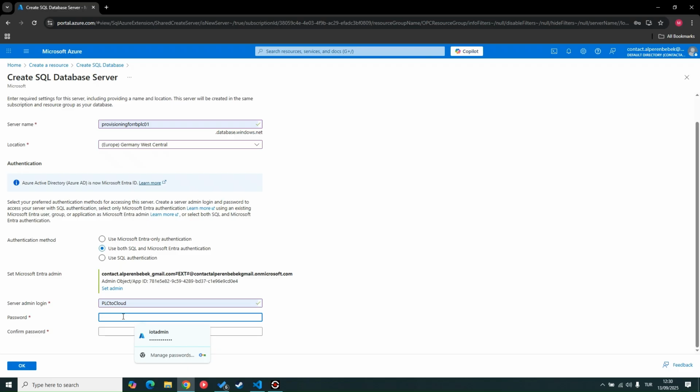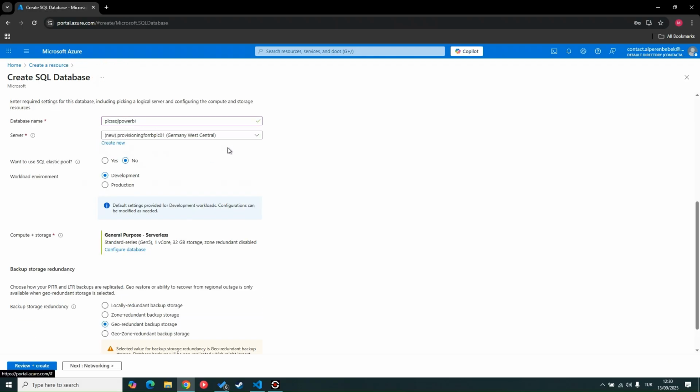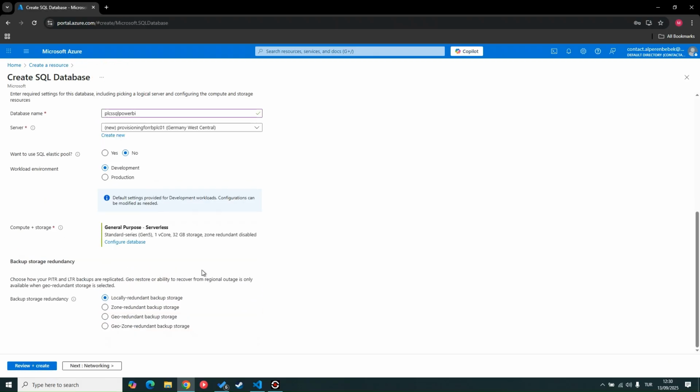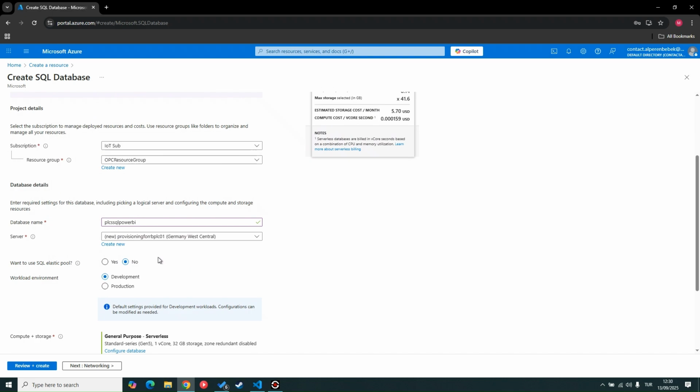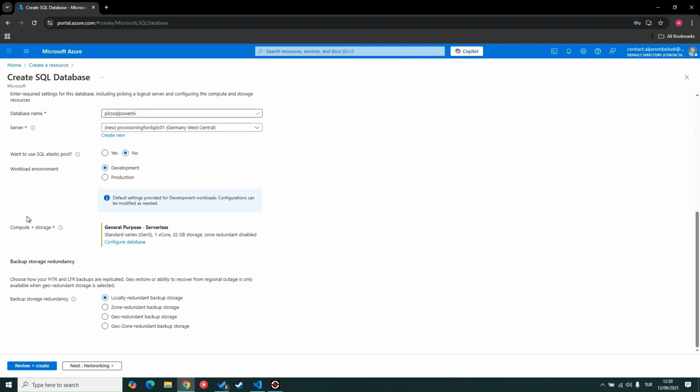That's nice. And a random password you won't forget. Okay. Press OK. It created. Locally redundant. And then you